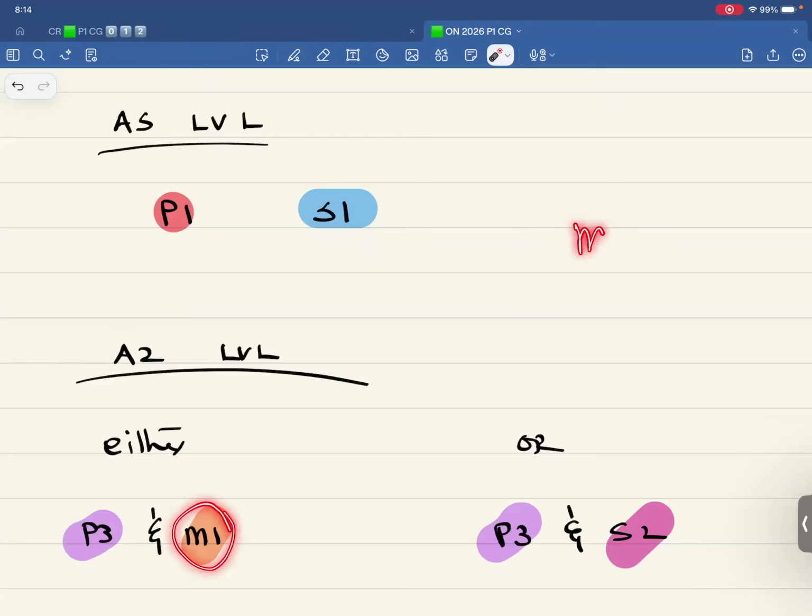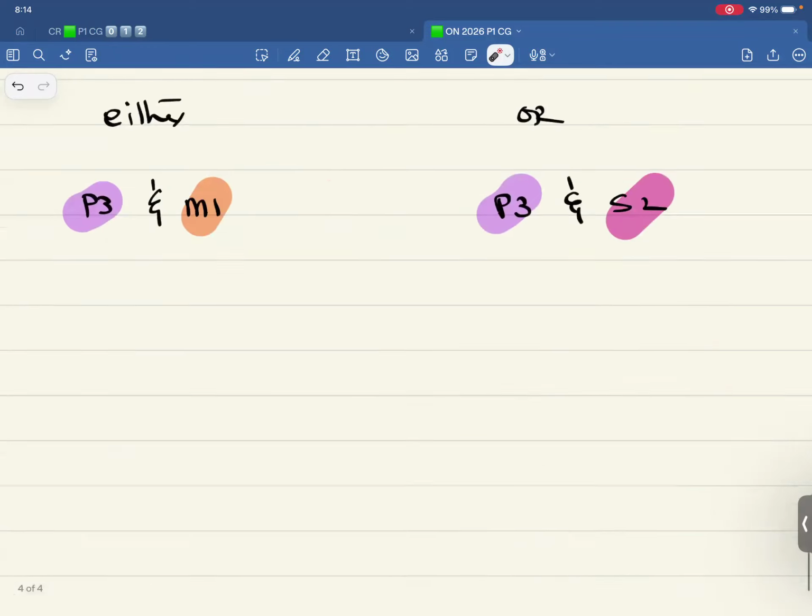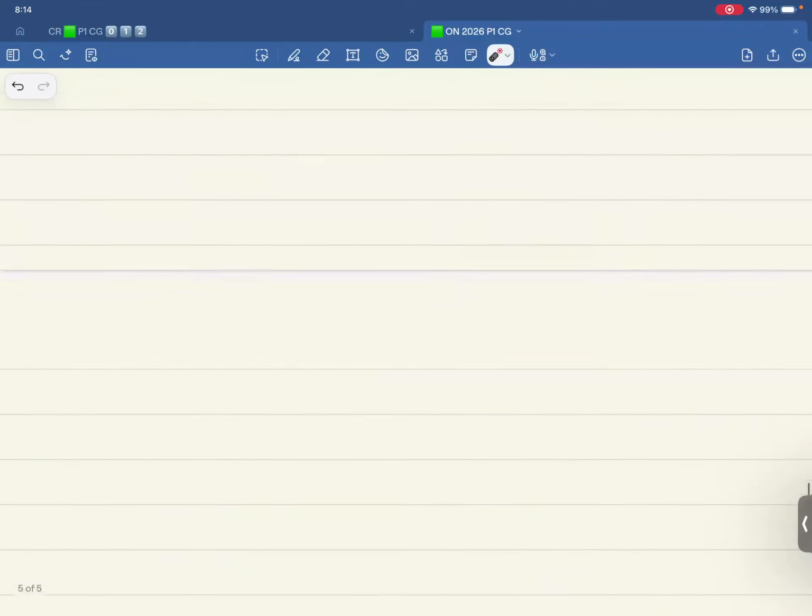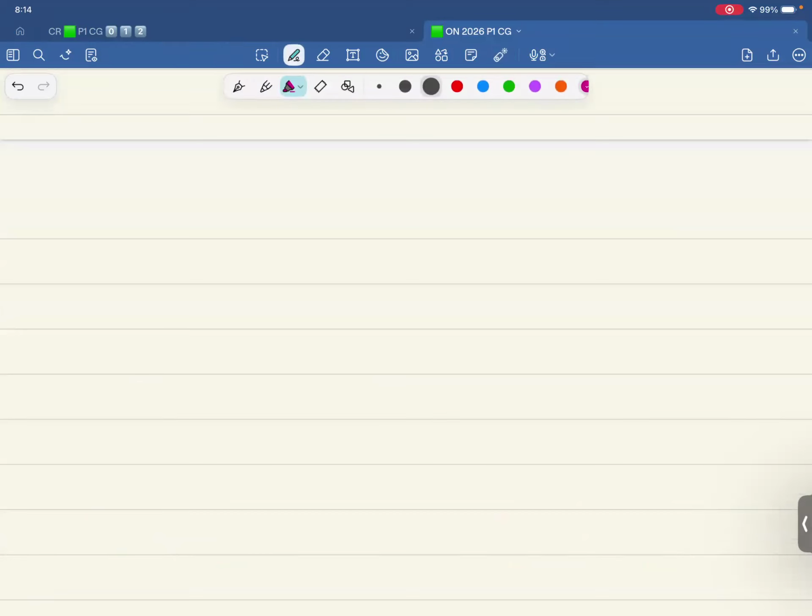If some people study M1 in the first year, they can only do S1 in the second year. This choice is gone. This is the easiest of all. So that is why I teach most people S1 in the first year. That is easy. Now, when we talk about the paper structure in AS level maths,